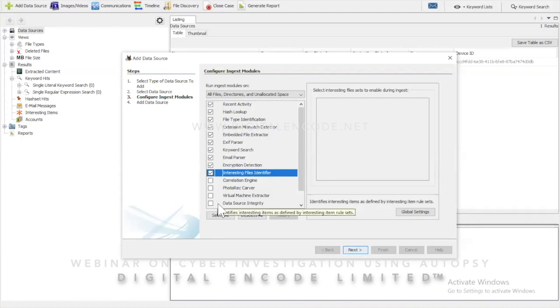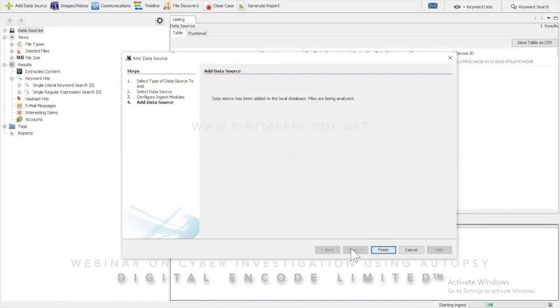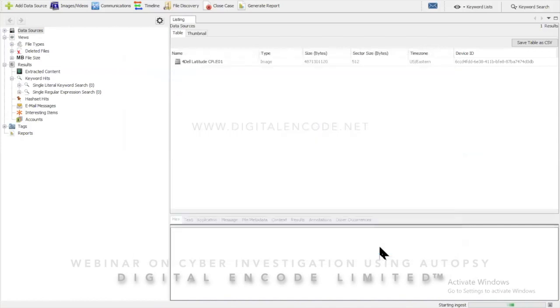So basically, the others are necessary for the ingest modules configuration. I'm going to be selecting all, as they're all needed for your investigation type. They're all very necessary to analyze an image. So after configuring our ingest modules, I'm going to click on the next button so that our image can start analyzing. So here, after creating a case, we've added the data source to our case. What we're going to be doing next is